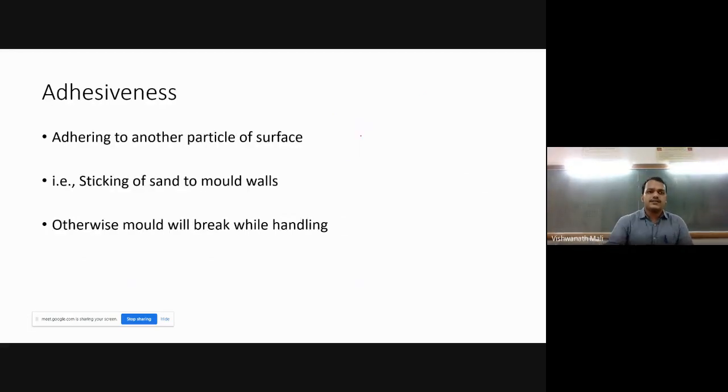Then next is the adhesiveness property. So what is the adhesiveness property? It is the ability to adhere to another particle or surface. So we will see why this property is important. If you see the process, what we do first, we prepare the dry